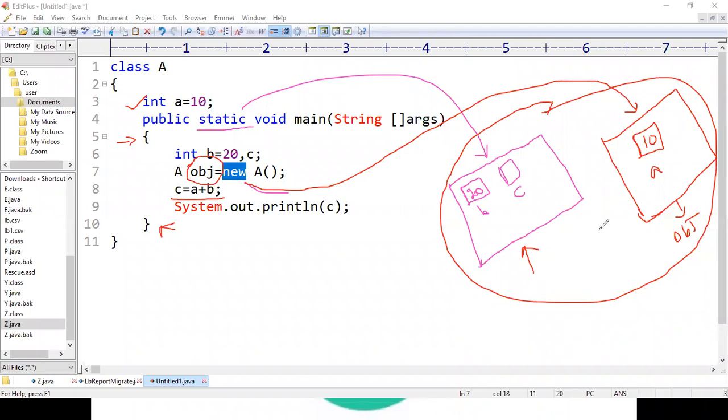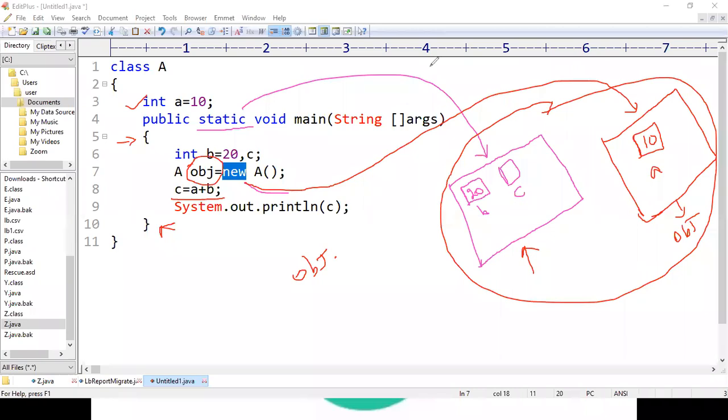The compiler will never point to this red color memory until and unless we say obj dot. So when we say obj dot, then the compiler is going to focus on obj. Otherwise, the compiler will always have the primary focus on this pink color. So when it has a primary focus on this one, it is only finding B and C. It does not find A.